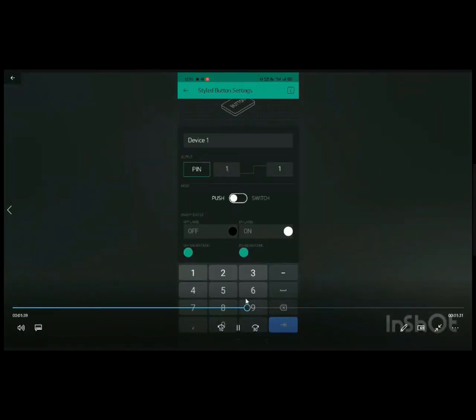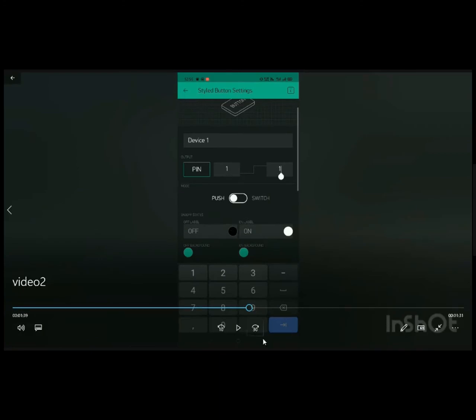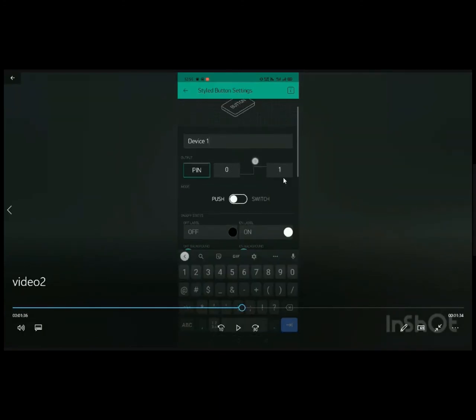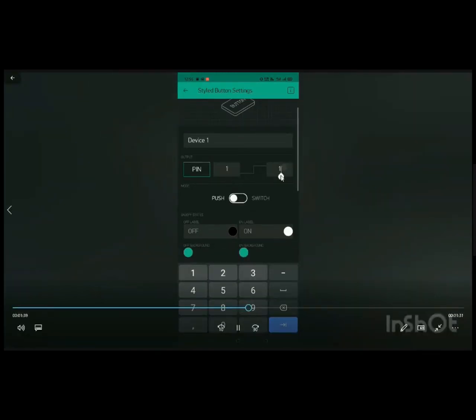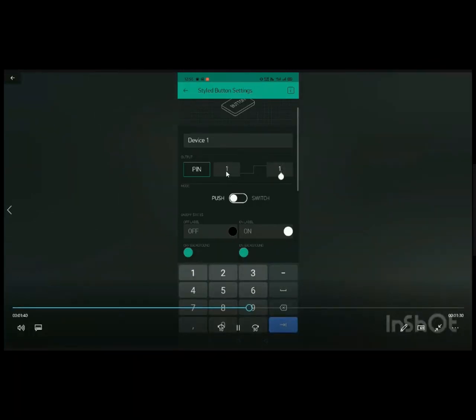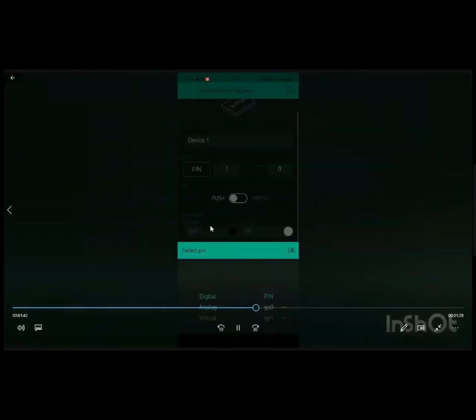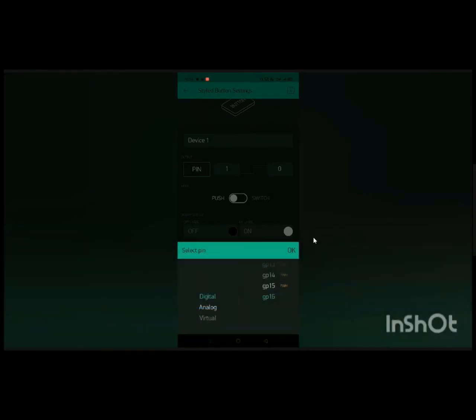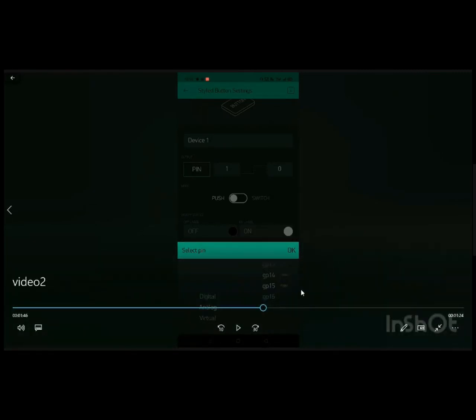I am setting my pin here. So see, here we have opposite logic, right? First of all, it was 0 and 1. But since our relays use 1 and 0, that is opposite logic, here I am making it as 1 and 0. See here, again I'll show you. 0 was off. So here I have done that. 1 is off and 0 is on, and I am selecting the pin at which it is connected. My first relay was connected at GPIO 16. So I have selected pin number 16, and the type of pin is digital pin.